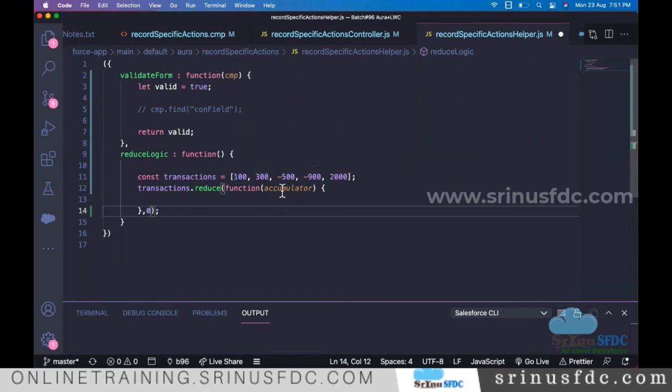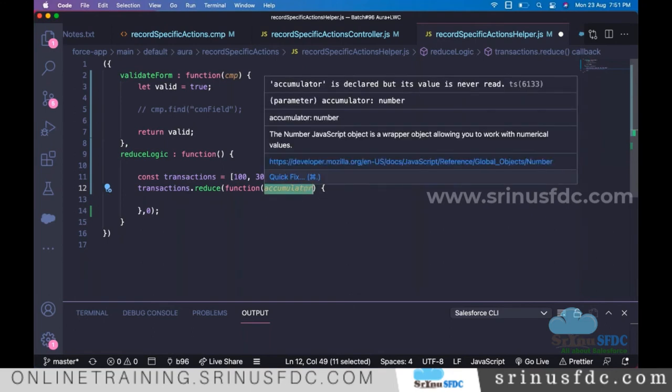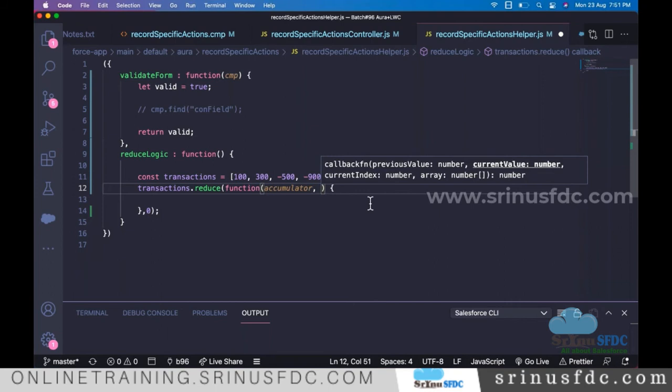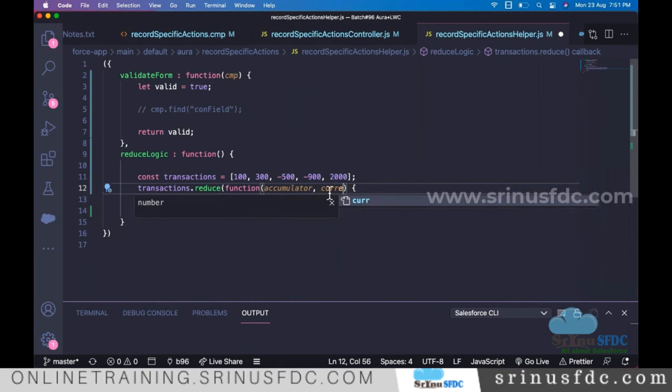The default value of the accumulator, just a variable name I give, will hold the value of whatever we add up. Now the current value for each and every element, 100, 300, for each iteration the value will be held in this.